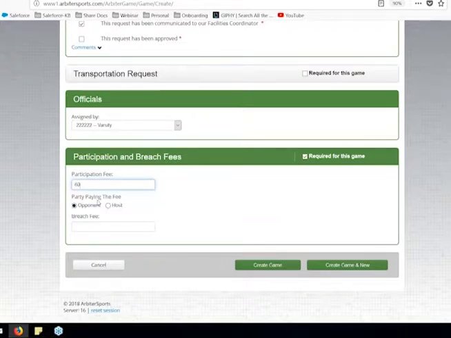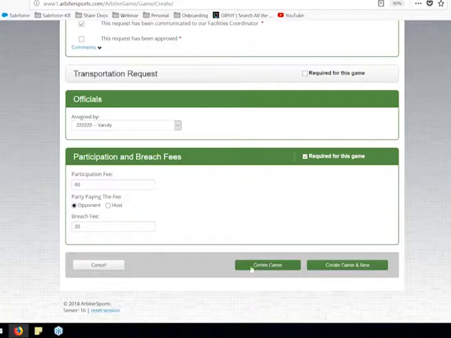Now, as I set this breach fee up, I can choose that a school needs to pay me $60 when they want to participate. It's paid by the opponent. And if they don't end up participating, it'll automatically hit the 60. I could change this to 20. And this is a contract that you could go ahead and now establish with the other group. The good part about the participation fee and breach fees is if you have both groups in ArbiterGame, you can pay these fees within ArbiterGame. So they don't have to be outside of it or anything like that. It can automatically be paid within Arbiter.